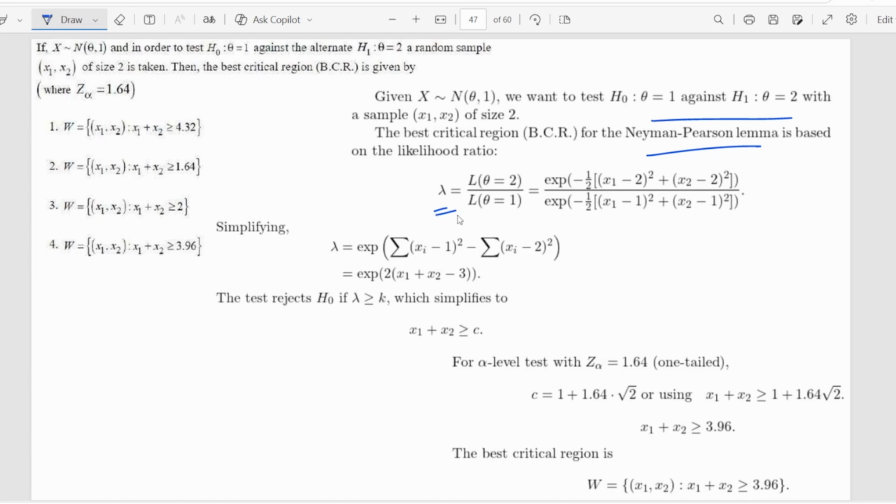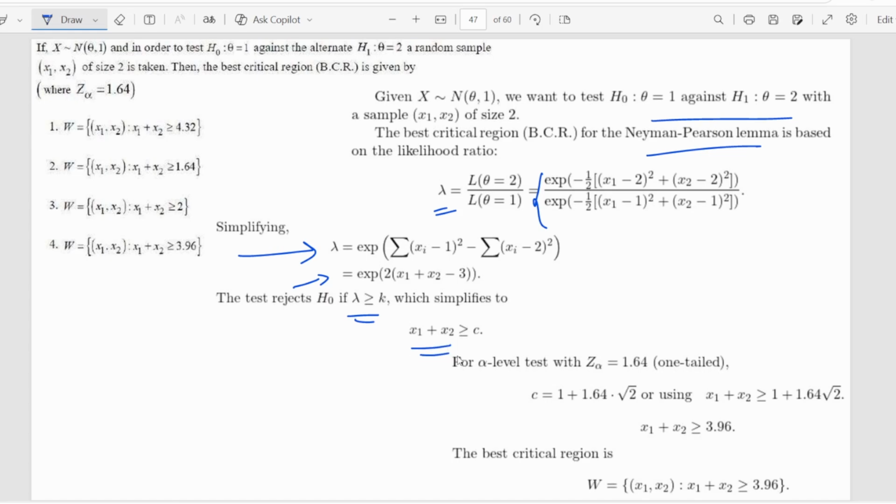The likelihood ratio is the ratio of the PDF under the alternate hypothesis divided by the PDF under the null hypothesis, which is essentially this. The square root 2 pi sigma gets cancelled because both have the same normal distribution, same variance. And this likelihood ratio can be simplified into this form, and the important thing to notice is the likelihood ratio would be greater than or equal to k if and only if this